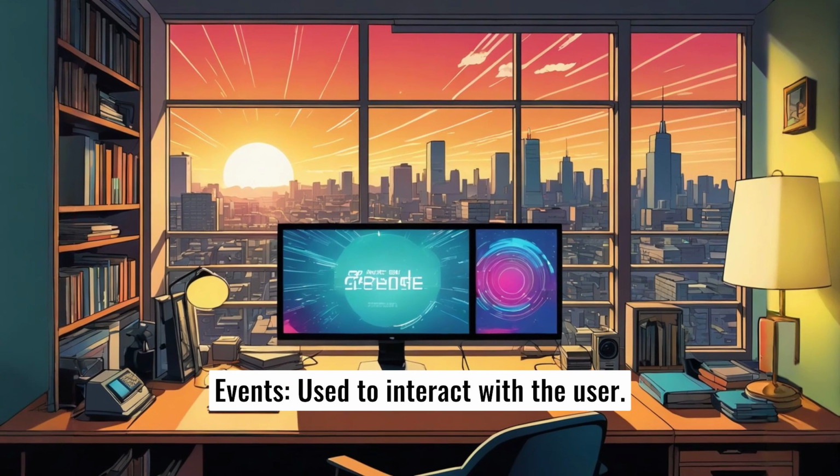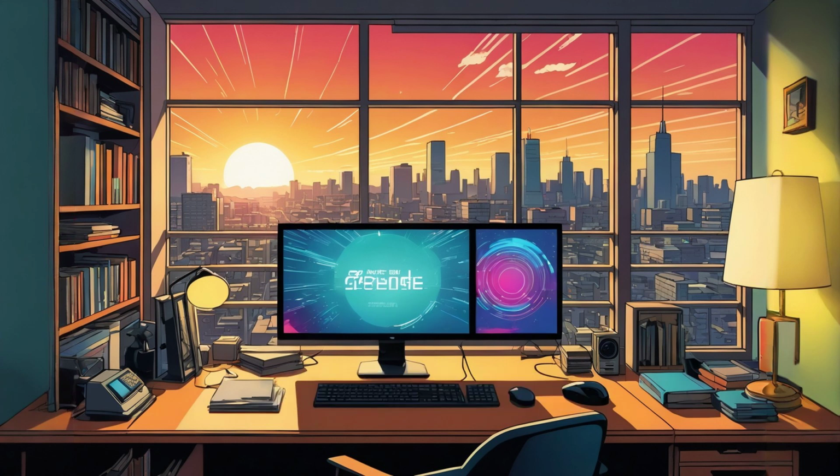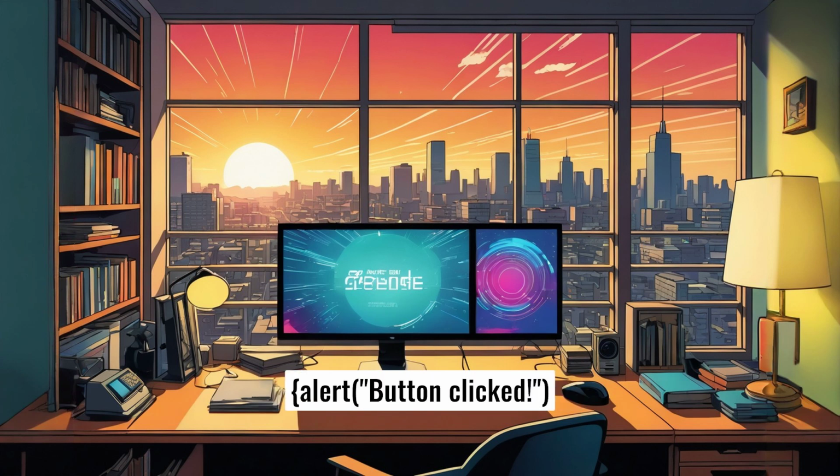6. Events, used to interact with the user. For example, executing a function when a button is clicked. Example: document.getElementById("myButton").onclick = function() { alert("Button clicked"); }